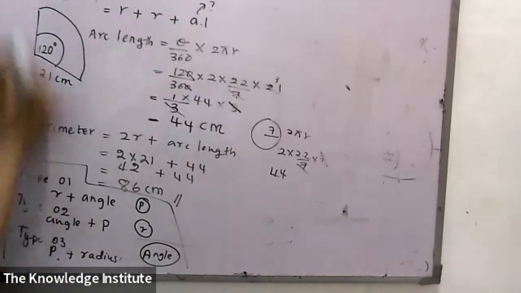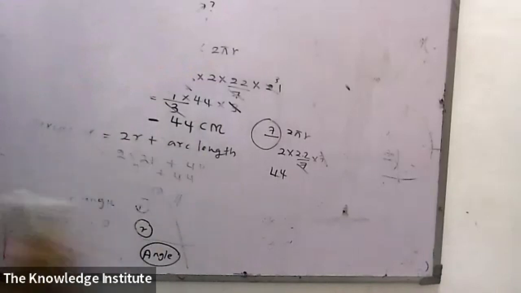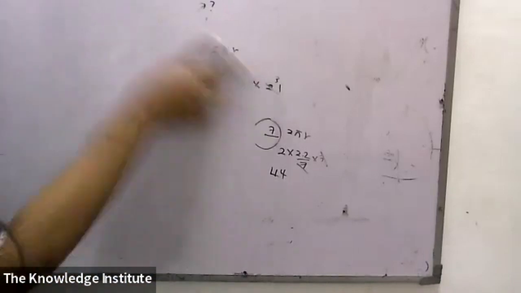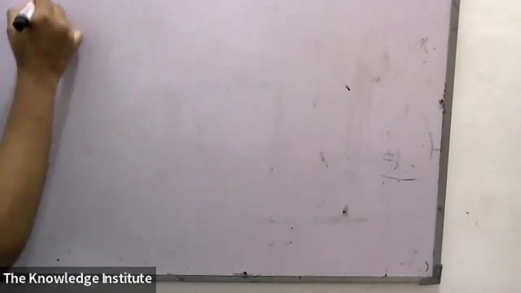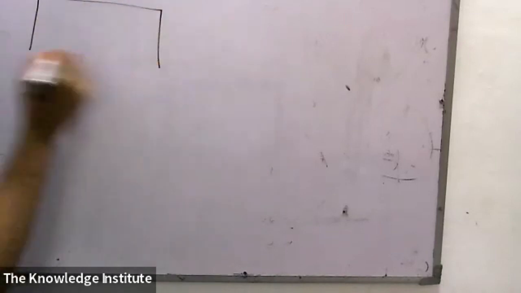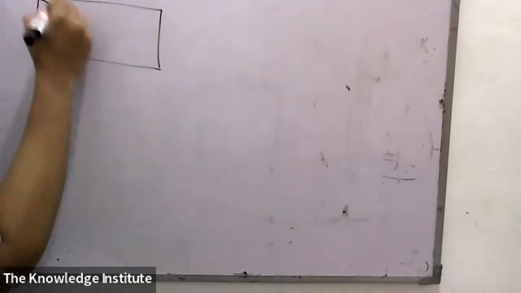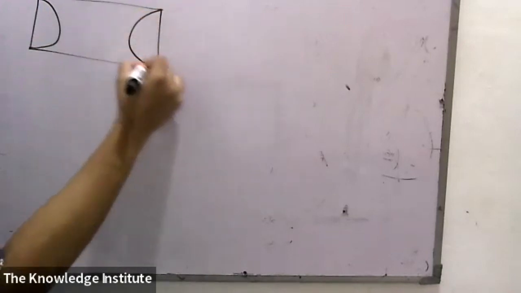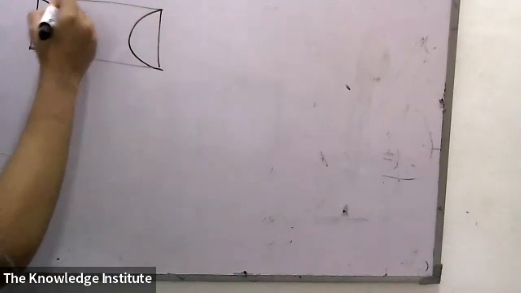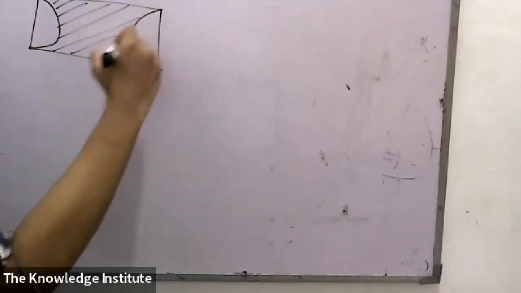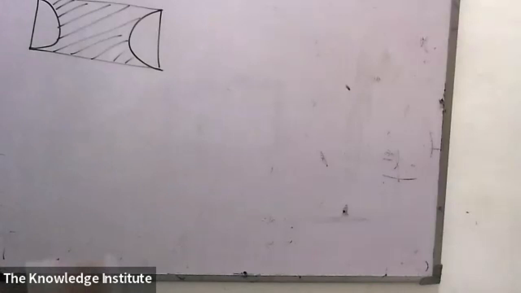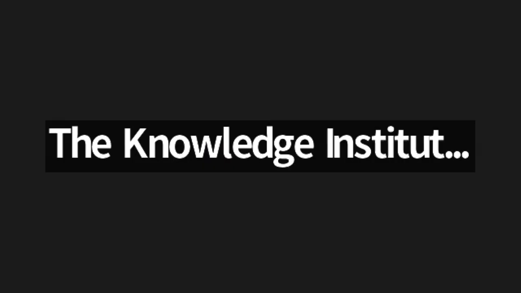Okay. Let's move into another question. Let's say they have given us a rectangular portion. Inside that, there are two semicircles. So let's say they are cutting off these semicircle portions from the rectangle. If they ask you to find the remaining